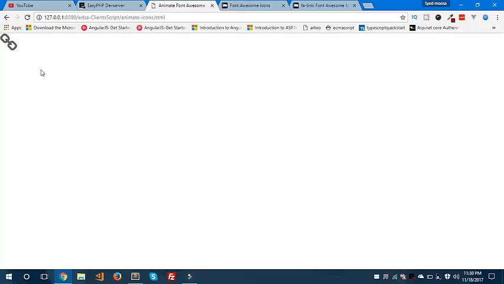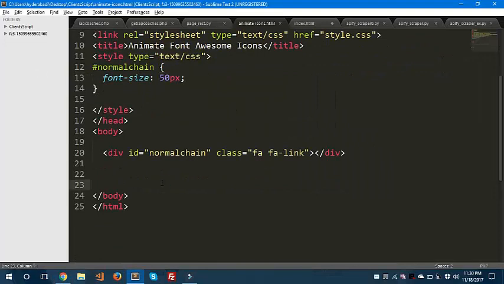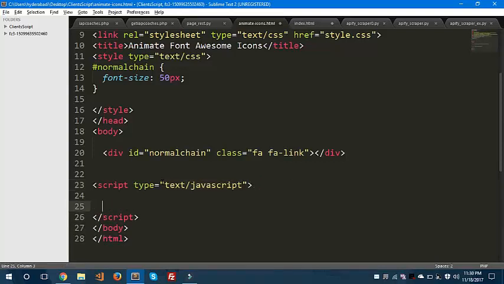What I'm gonna do here is display this normal chain, and I want this chain to be broken every 1 second, right? So for that we need to write one function in JavaScript, and let me show you how you can animate that icon using JavaScript. You just need to create one function, breakChain, right? It's just a function,